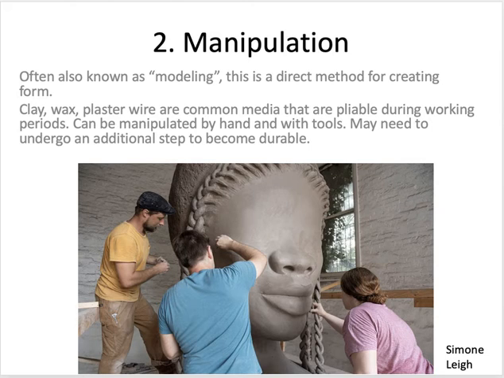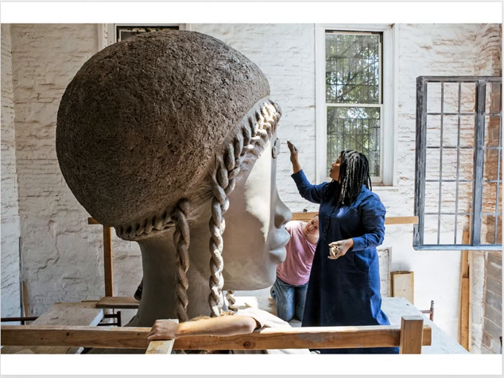So here we see an example of some studio assistants working on a large clay sculpture by the artist Simone Lee. And again, we get this beautiful sense of scale, seeing the figures in relationship to the figure itself. Here is Simone Lee herself working along with an assistant, looks like right behind her, on one of her sculptures. This piece is called Brick House, and